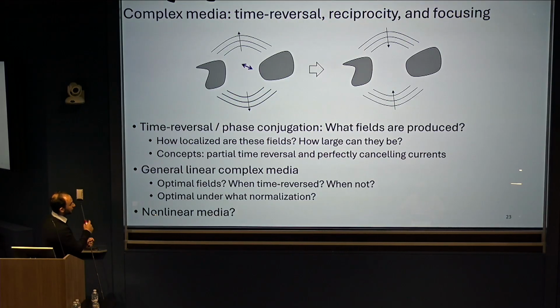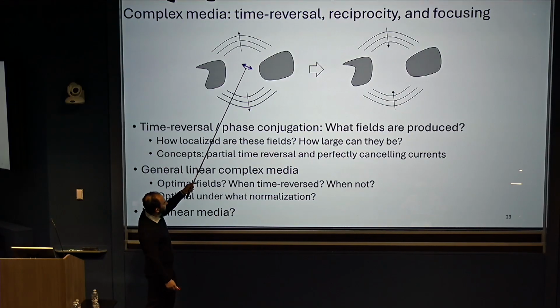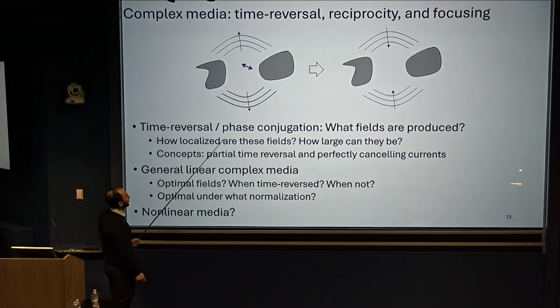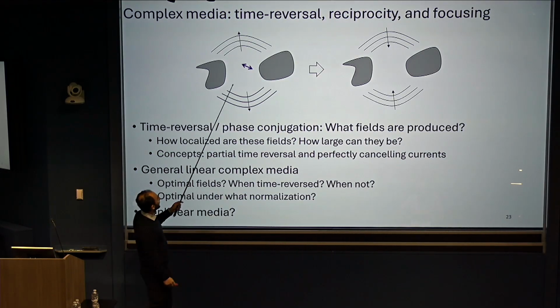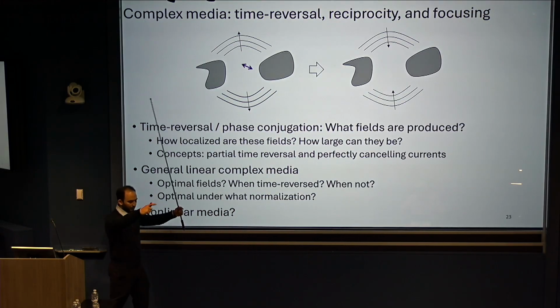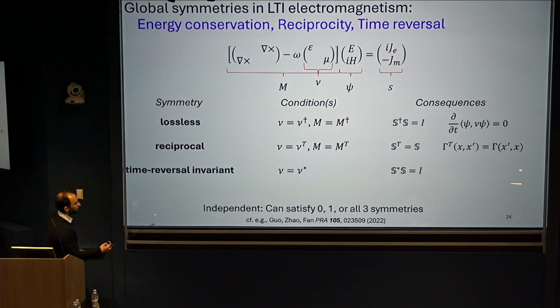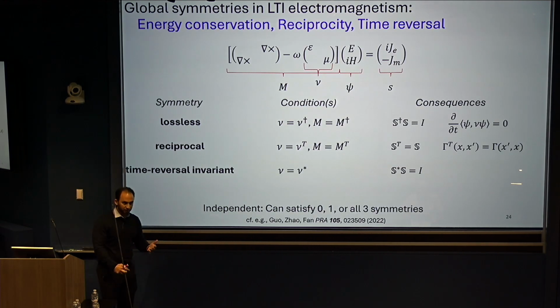So I want to deal with this toy problem throughout the next third of the talk. I have a point source like a guide star. It radiates in a complex environment. I can have arbitrary scatterers of any size, arbitrary materials up to a point. Let them radiate outward. I measure the fields on some bounding surface, conjugate them, and I send them back in. So if we're talking about time reversal, let's talk about symmetries.